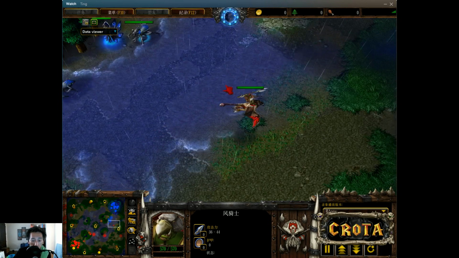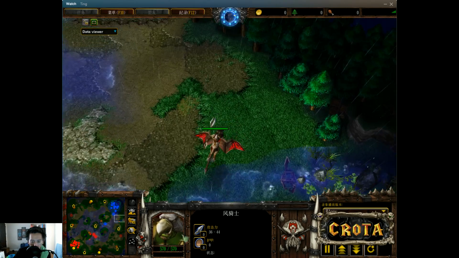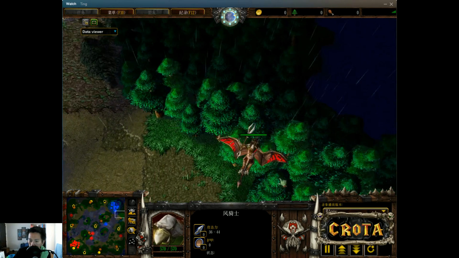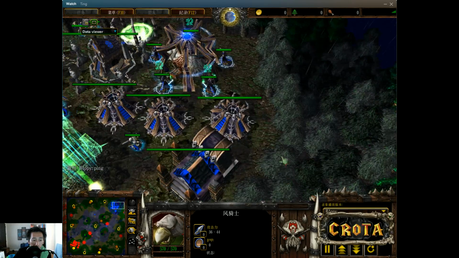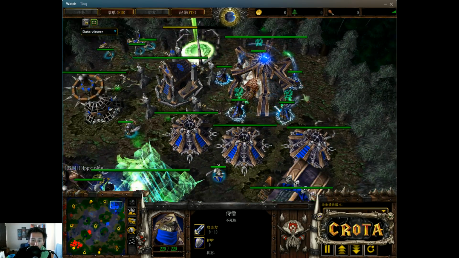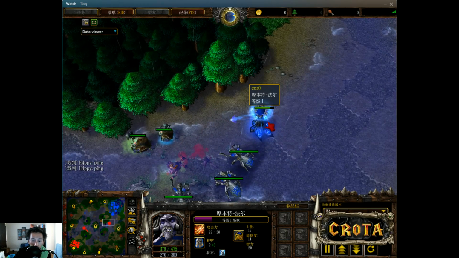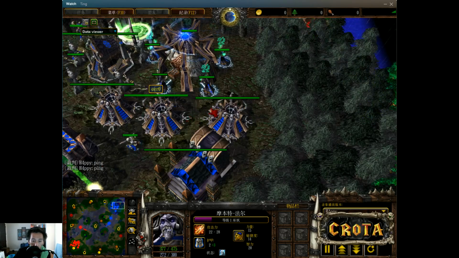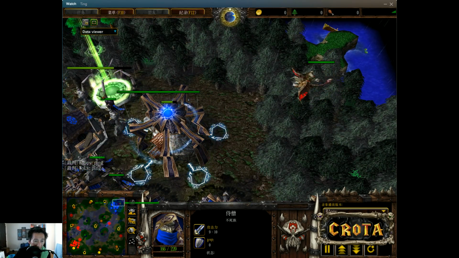Focus now opting to go for Wind Riders. Wind Riders or Wyverns. I believe they are Wind Riders. As the Wind Rider now making its way back off to the north here. All right, could start pinging down some of these acolytes, and that is going to be incredibly important since there are no towers. All right, so the Wind Riders are going to start poking down these acolytes here,